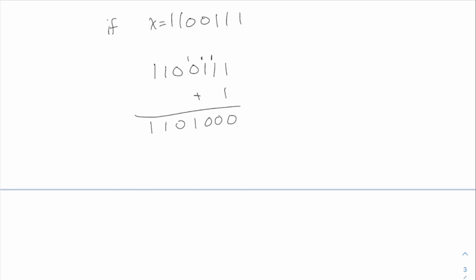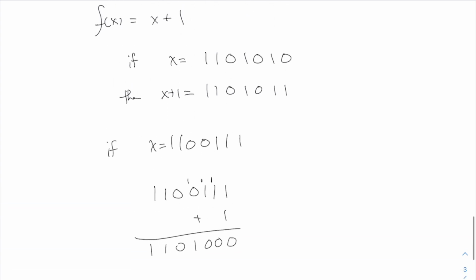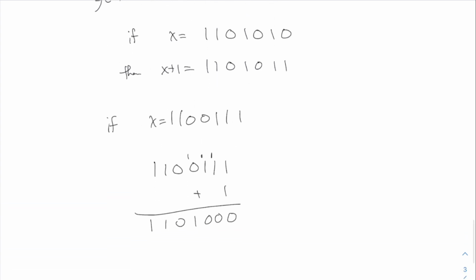Can we make a Turing machine that does this? I think we can. I want to try to make a Turing machine that does this. My first very basic observation is everything happens on the right end of the string, right? This is something that you know when you first learn about how to do this. When you're adding things together, you start over here. You don't start over here. So on my Turing machine, I'm going to have to move all the way to the right